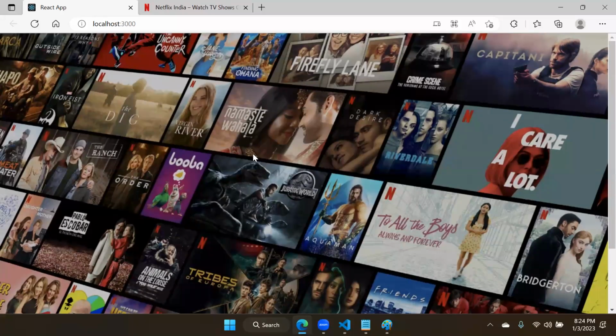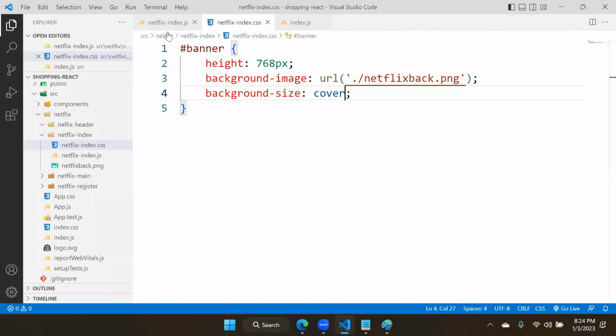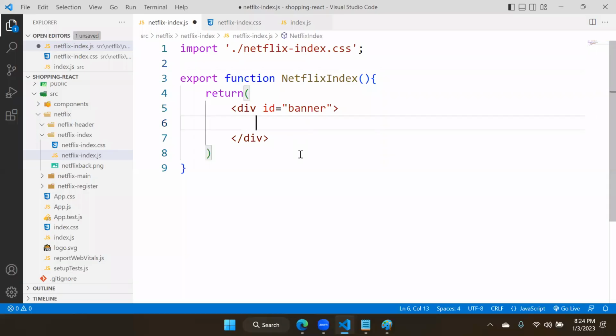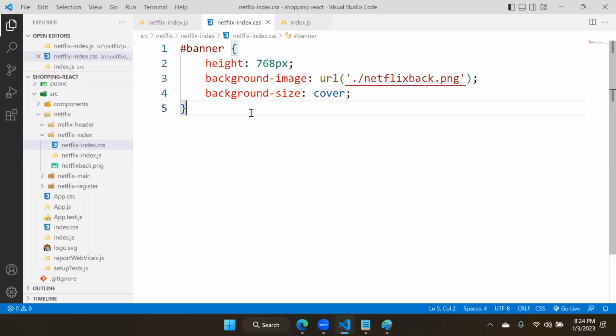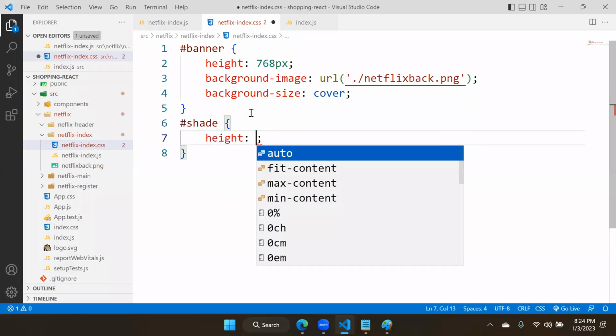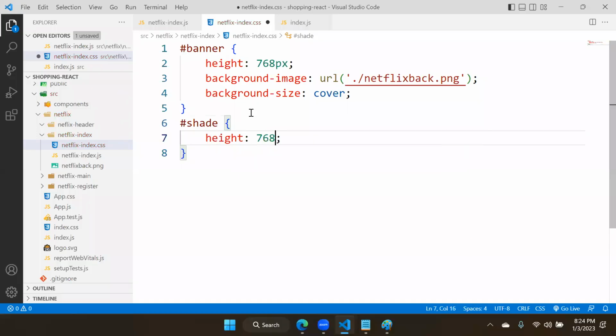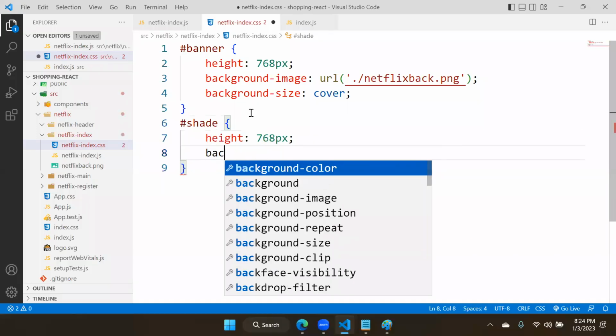After fitting the background correctly, I don't want this background to dominate. It is very much dominating. Then I will do one thing. In this JS, inside the banner, I will keep another div. I will use the ID as shade. Let's go here. We will access dot hash shade. Shade height also 768 pixels. And shade has a background color